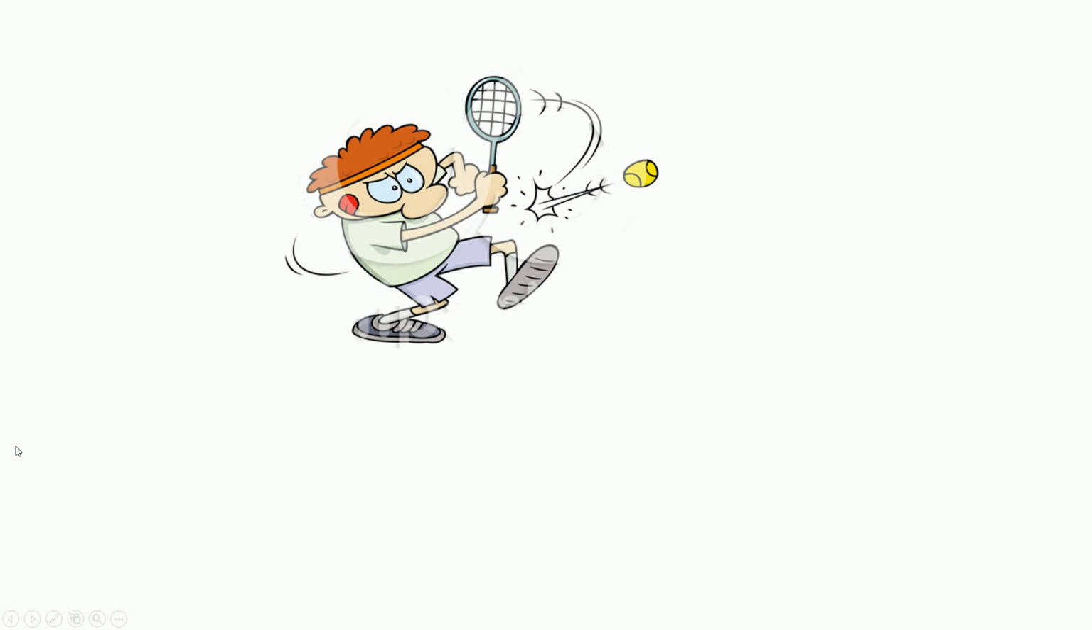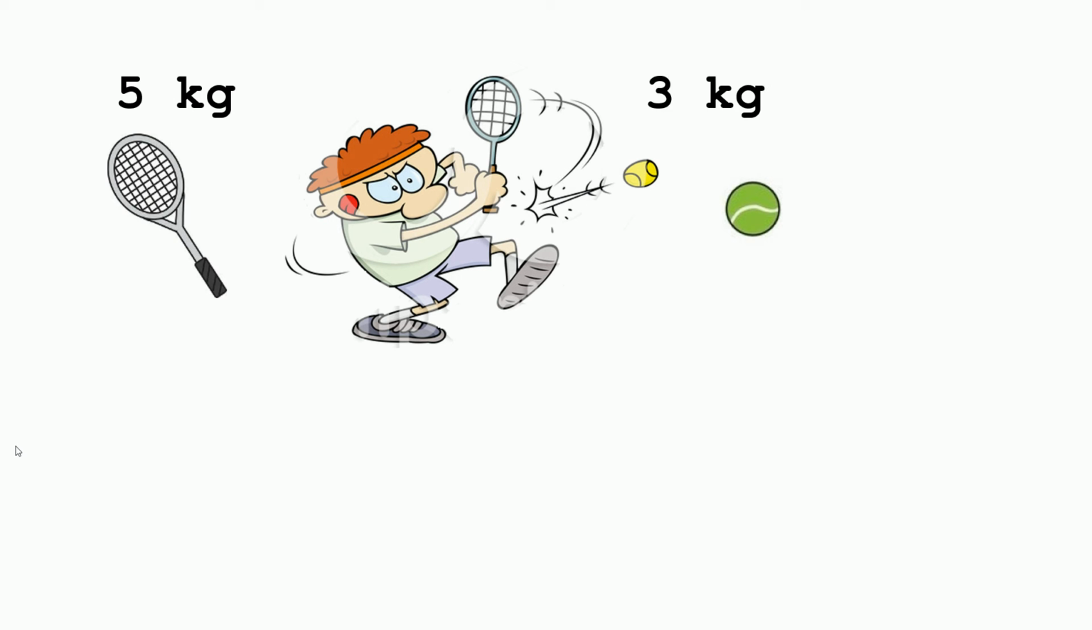Okay, let's say we want to find out the acceleration of a tennis racket after it hits a tennis ball. Okay, let's see what we know about the racket. We know that the racket has a mass of 5 kilograms. And let's say we're given that the tennis ball has a mass of 3 kilograms and an acceleration of 25 meters per second squared. So now, given that information, we can determine the acceleration of the tennis racket after it